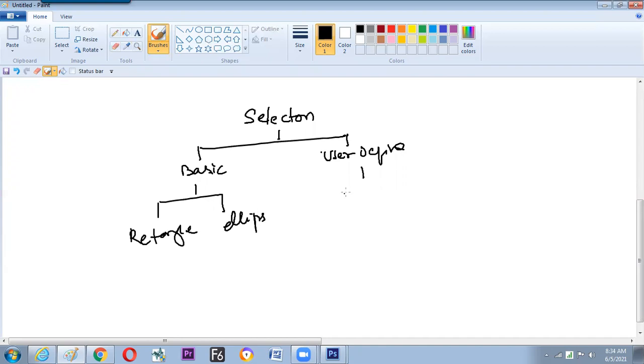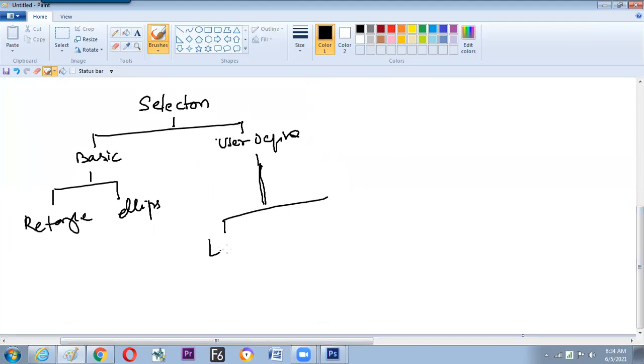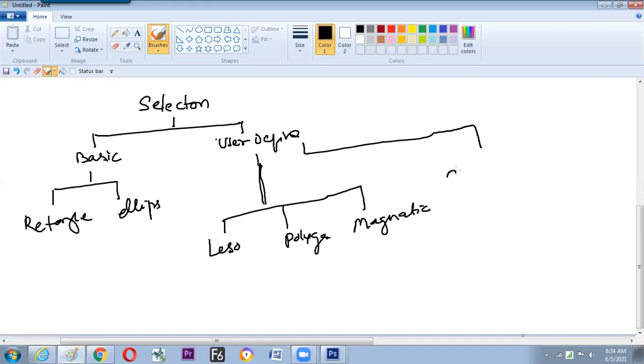But while going through the user defined, we start off with a lot of tools. What are those? Lasso, polygon, and magnetic. This is one bunch. And the second bunch: quick selection and magic wand.